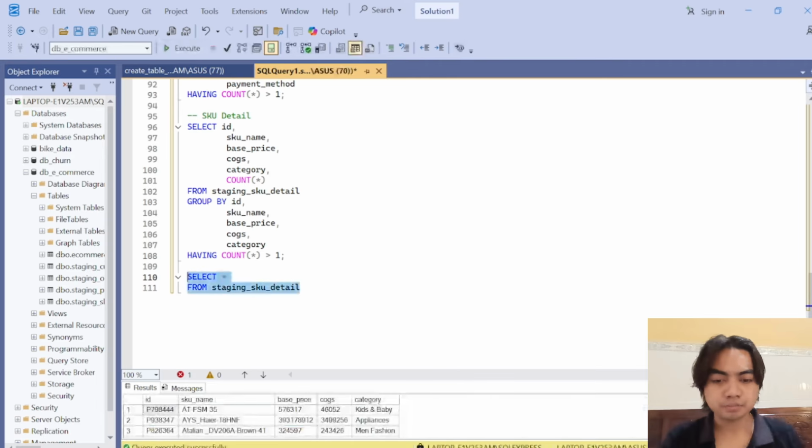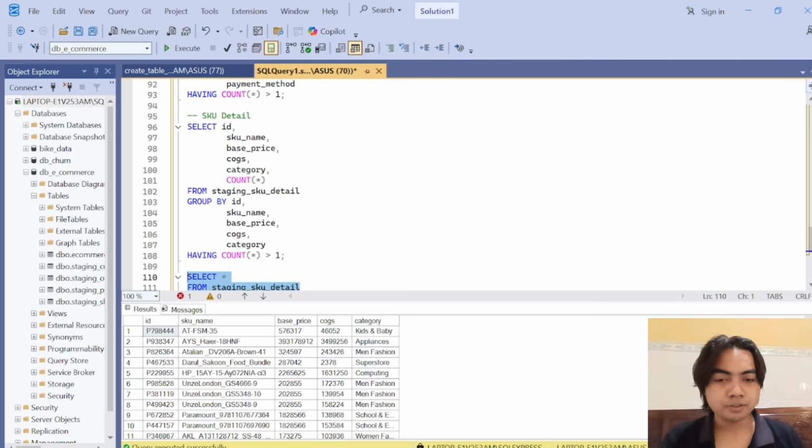Let's execute. Okay, now again you just have to select all of the columns. So here I have ID, SKU name, base price, the cost, and the category, right? And then you only have to count everything, and count based on the columns that you select, and make sure